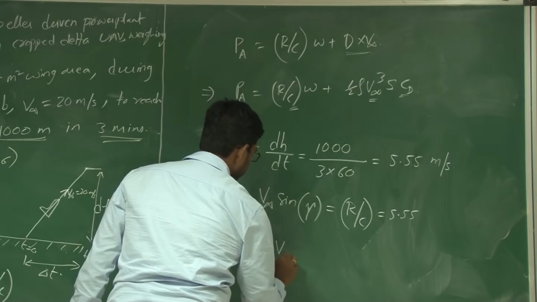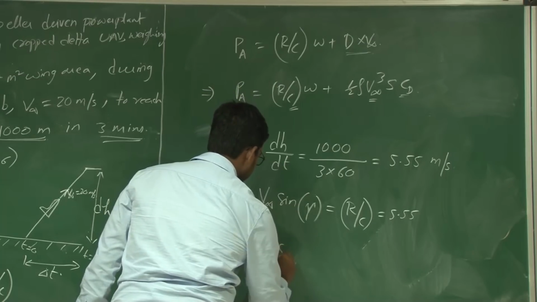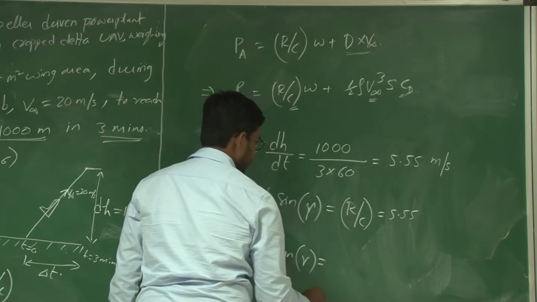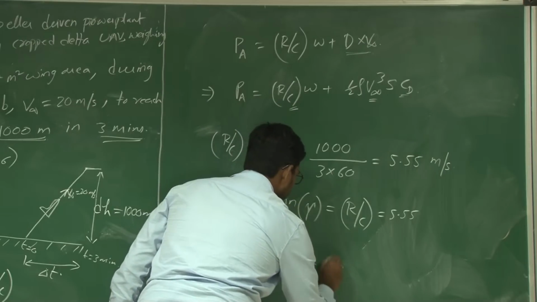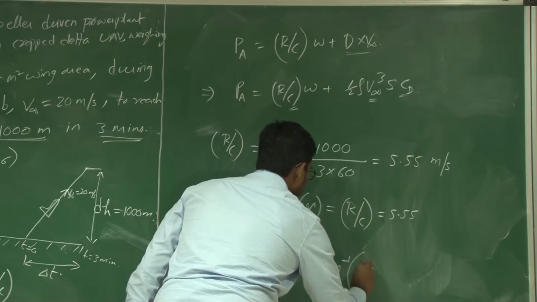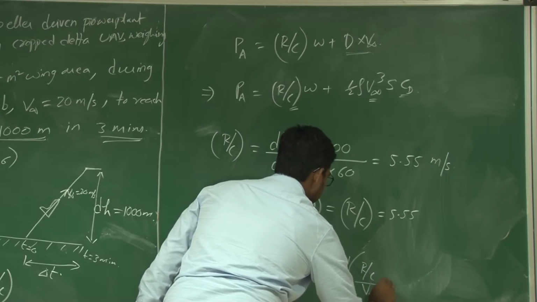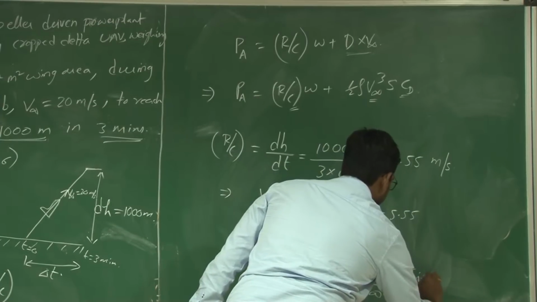This implies V infinity sine gamma is equal to that, or gamma is equal to sine inverse of rate of climb divided by V infinity,